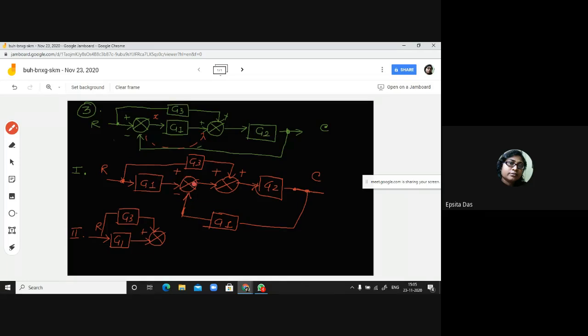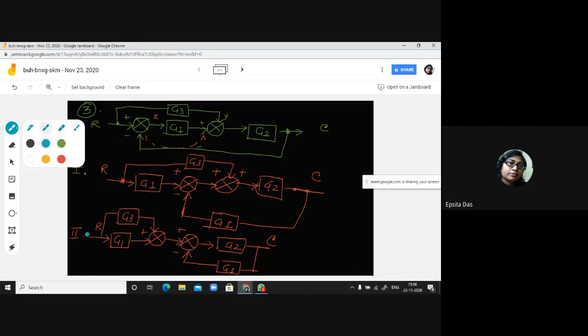And this part, what is going to happen? It will come to the second. So now this summer, the feedback path will come here, and then G2 will come. And here, what was the feedback element? G1. So G1 will come. So this will be the simplified form. Now you can able to understand